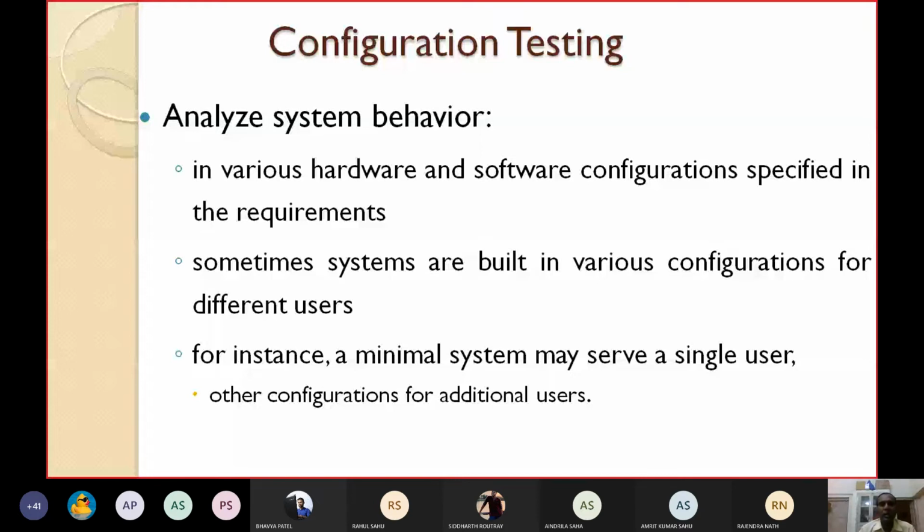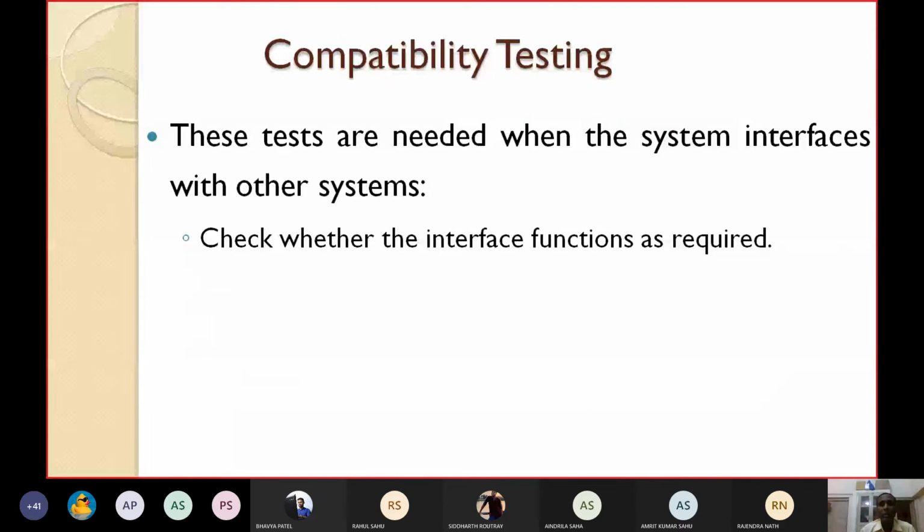Then comes compatibility testing. These test cases are needed when the system interfaces with other systems. If your software is interfaced with other software, then you must perform compatibility testing in order to ensure that the system interfaces are working perfectly. We have to check whether the interface functions as required or desired.